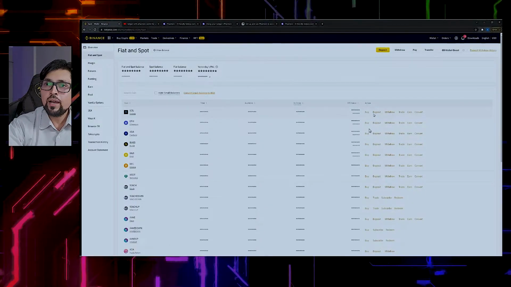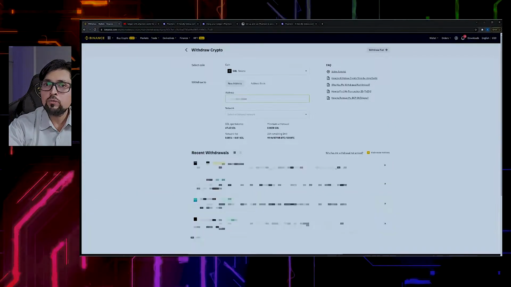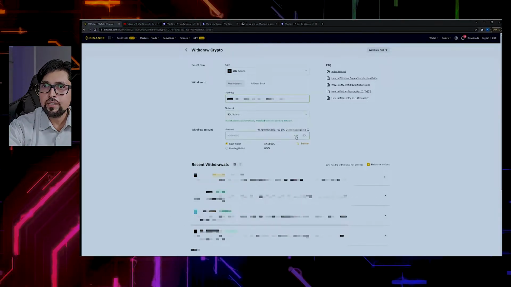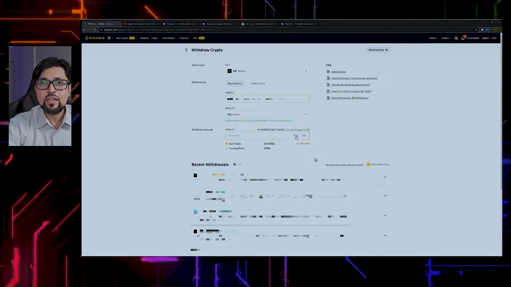Now I'll go back to Binance and I have some Solana. I want to withdraw and send it to the Ledger hardware device. Be very, very cautious. If you are new, do not send a big amount of crypto directly for the first time. Even though you have to pay the transaction fees, it's always good practice to send a small amount initially, and if it goes successfully, then send the whole amount. Because if you make a mistake, choose the wrong wallet address, or for any reason do not receive into that wallet, nobody can do anything about it. So be safe, guys.